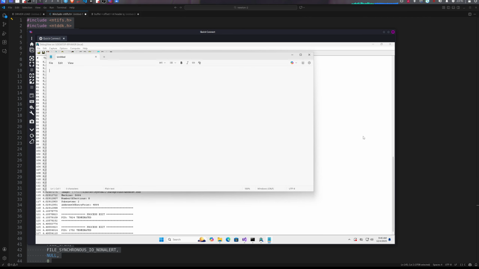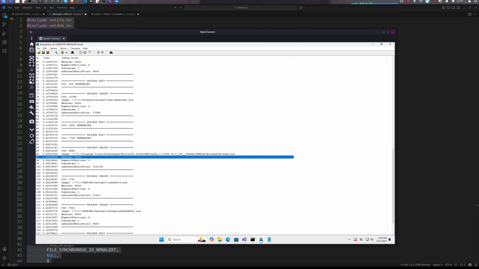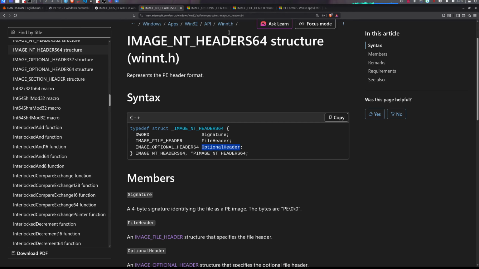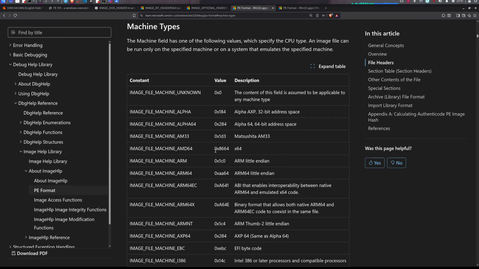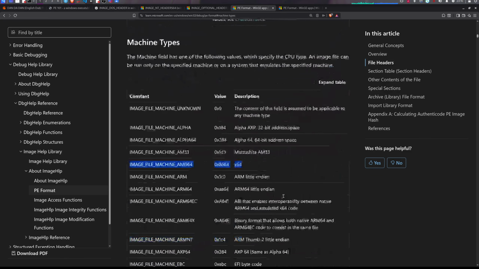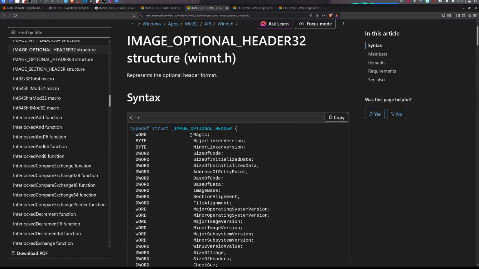But if I open a notepad, so here is a notepad. In notepad, you can see the machine 8664. So if I go to machine, where is the machine? In file header. So if I go to PE format, you can see 8664 is for AMD64. So there are all the machines you can have. And where are we going to use machine, because when we use magic, we can compare it with it,